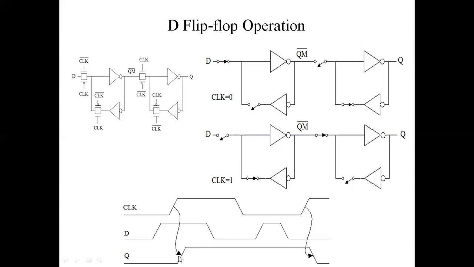Means when the edge is from 0 to 1, at that edge of the clock signal only your value of the Q has been changed as the D, but for the rest of the things it has maintained whatever the previous value of the Q as it is, irrespective of changes of the D value. Means this circuit is sensitive only to the positive edge of the clock signal only.